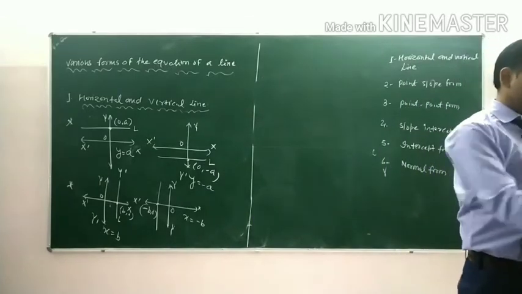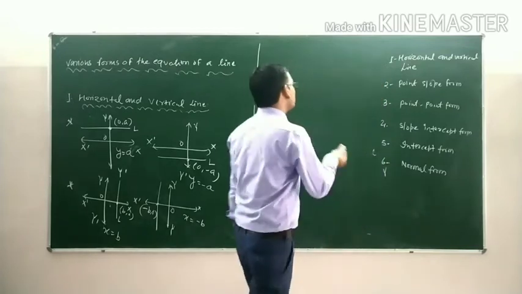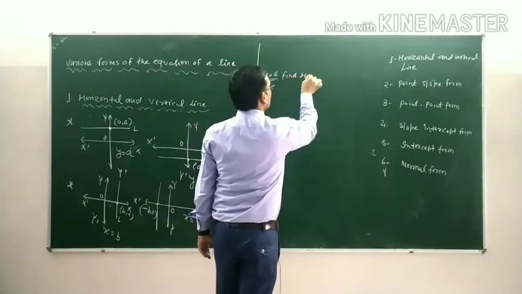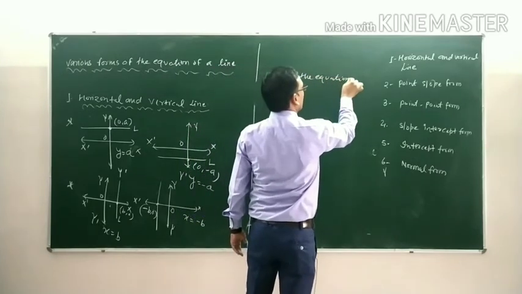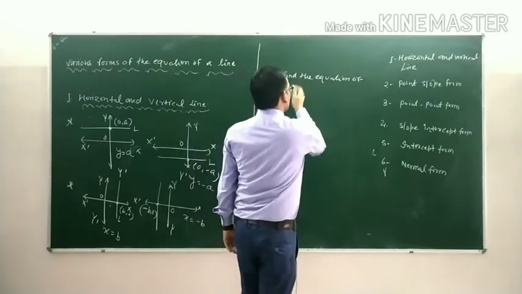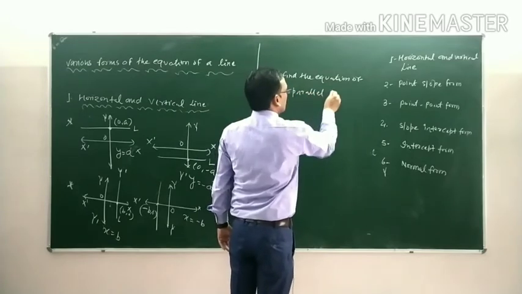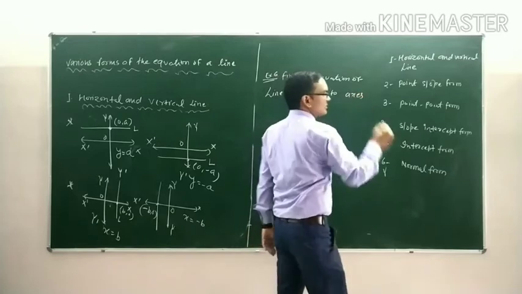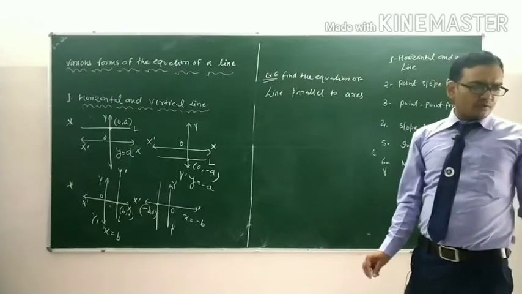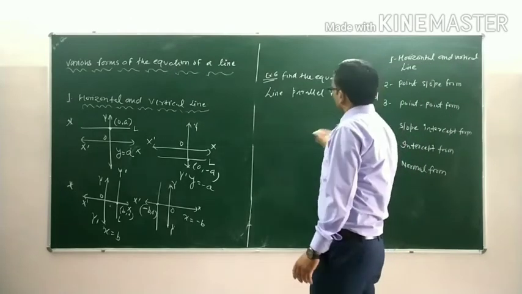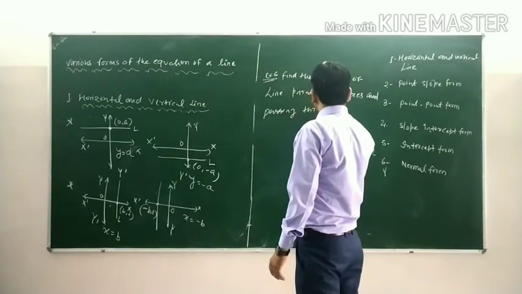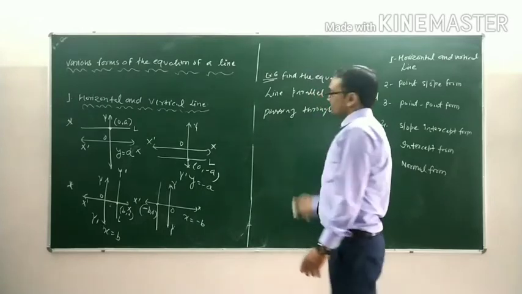Example number 6: find the equation of the line parallel to the x axis and passing through minus 2, 3. Okay students,